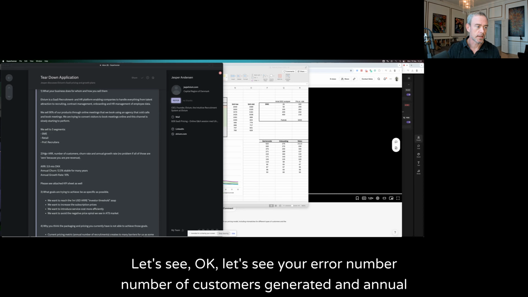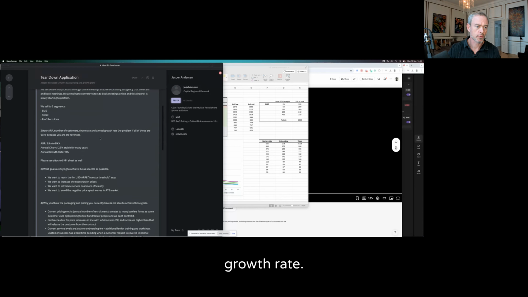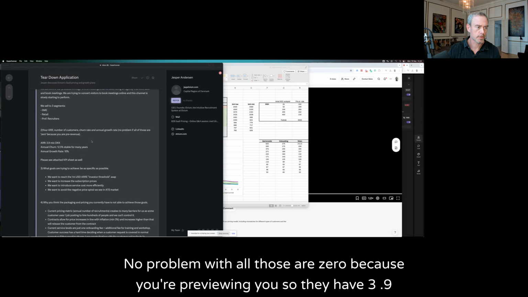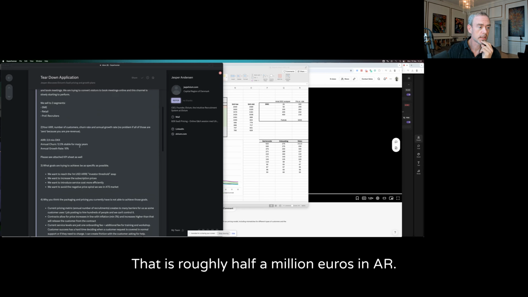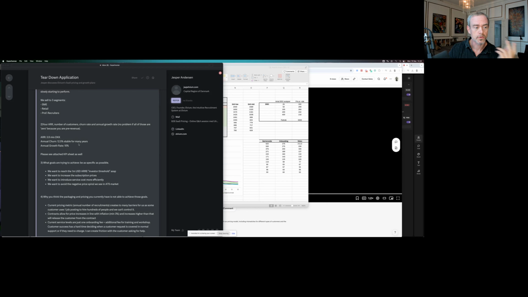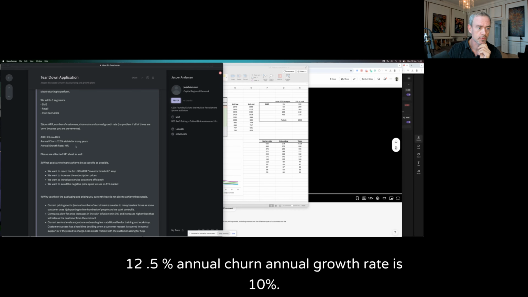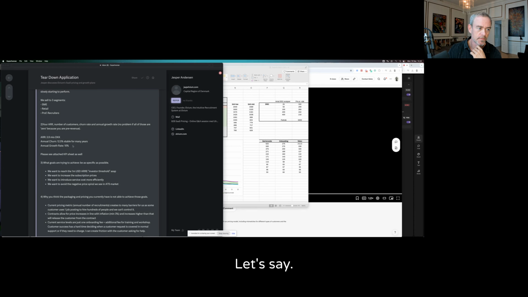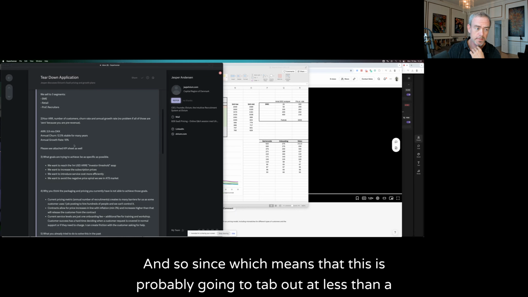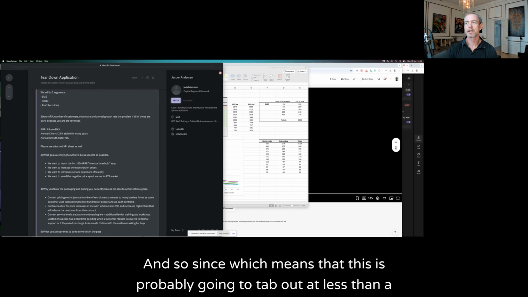Let's see. Okay, let's see. Your ARR, number of customers, churn rate, and annual growth rate. No problem if all those are 0 because you're pre-revenue. So they have 3.9 million Danish kroner. That is roughly €500,000 in ARR. 12.5% annual churn. Annual growth rate is 10%. Okay, so that also means they're adding about, let's say, 50k euros a year, and which means that this is probably going to tap out at less than €1 million,